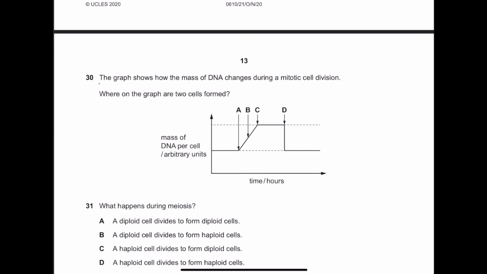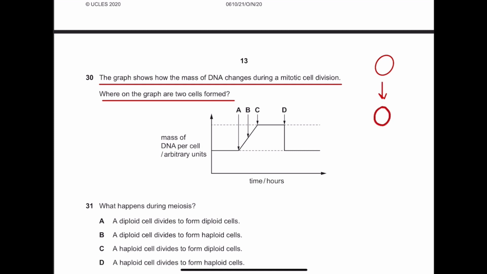Number 30. The graph shows how the mass of DNA changes during a mitotic cell division. Where on the graph are two cells formed? So, mitosis happens after the cell replicates its DNA. Okay, so this is called mitosis, but in order to happen,